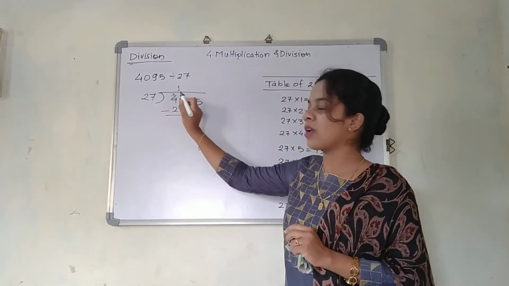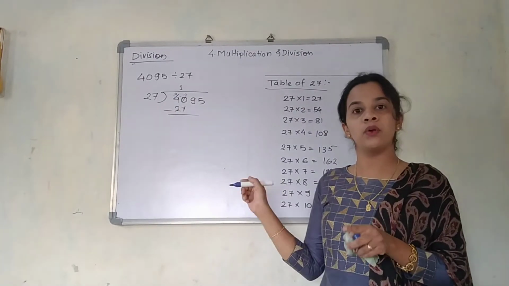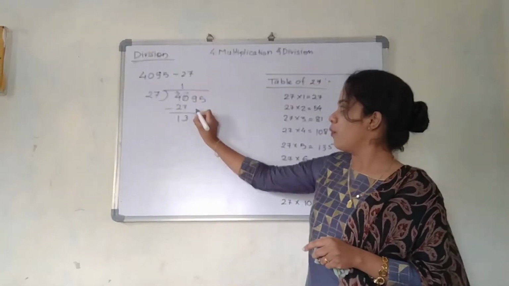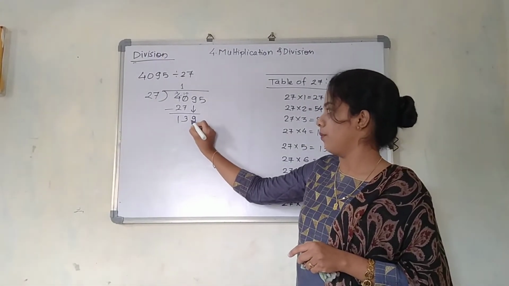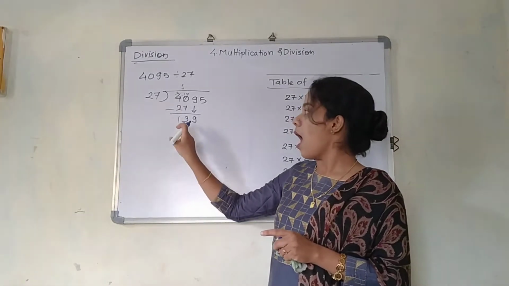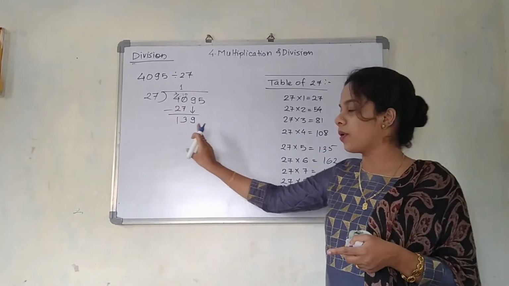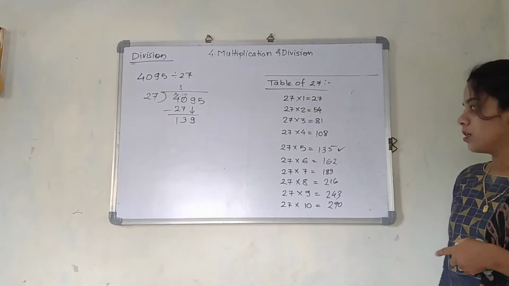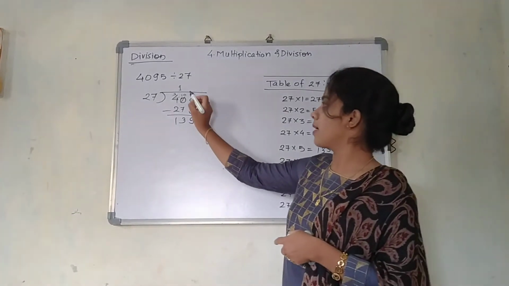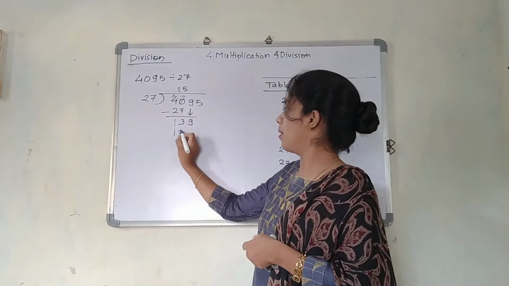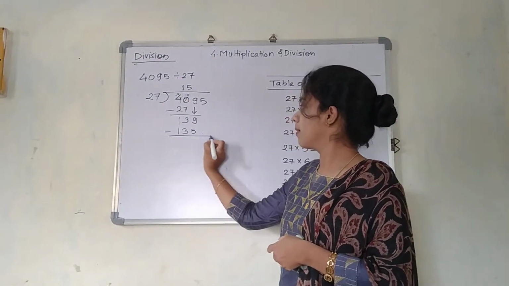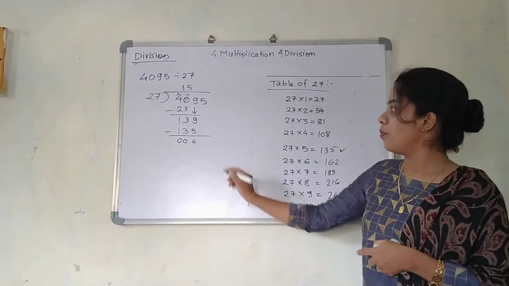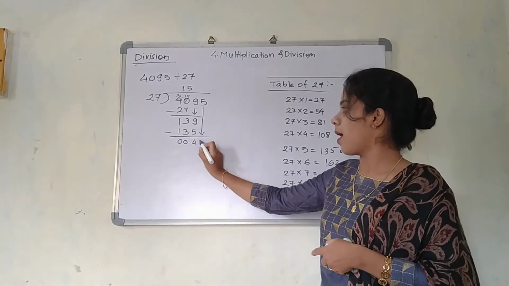10 and 3. This calculation please don't do in front of us, you can do it in the rough way. So 3, and this will be 1. 13 is remaining. I am going to carry one number down, that is 9. Now see 27, how much is near to 139? The number which is near to 139 is 27 fives. So I can take 27 fives, 135. 9 minus 5 is 4 and this will be 6. Now you can copy down the next number, that is 5 over here.